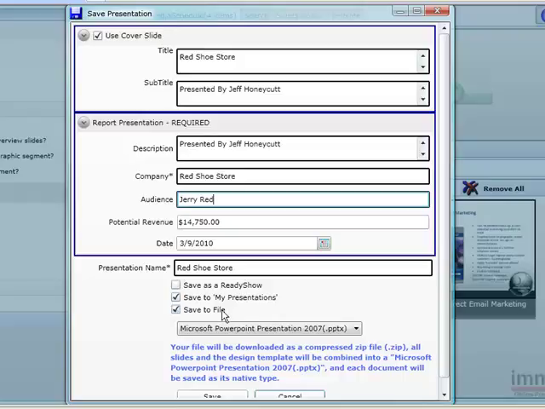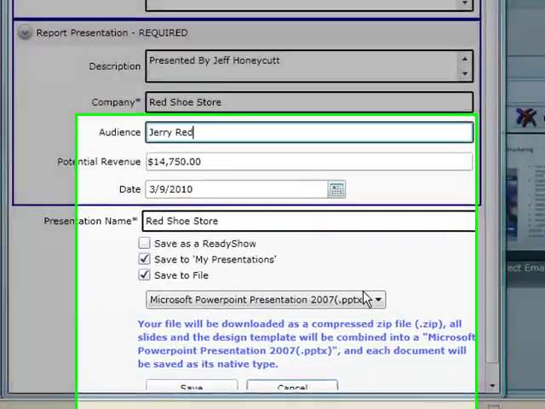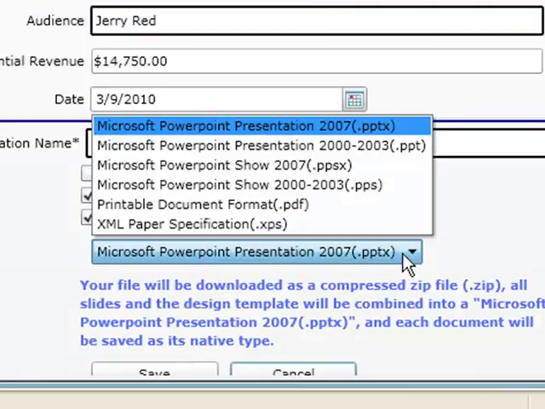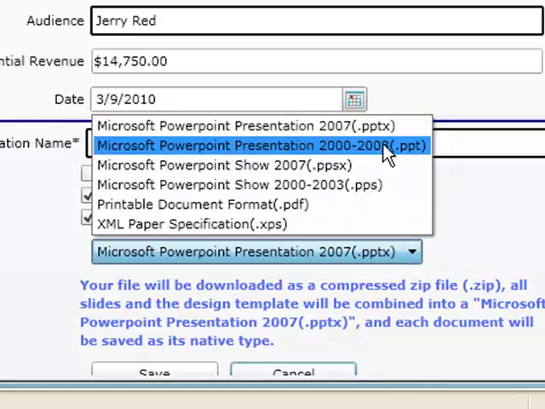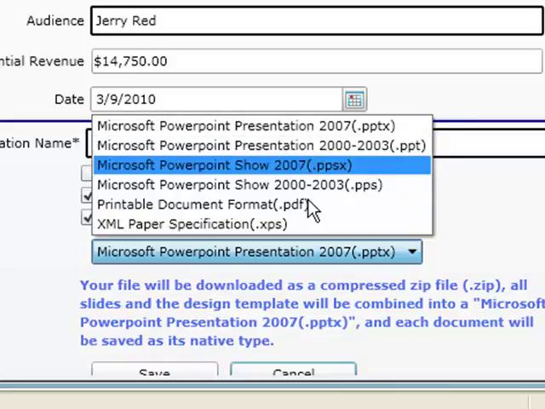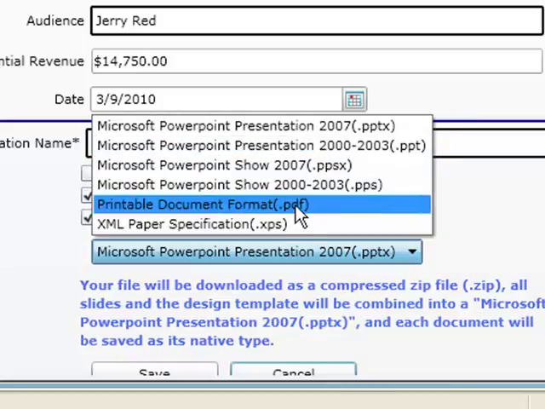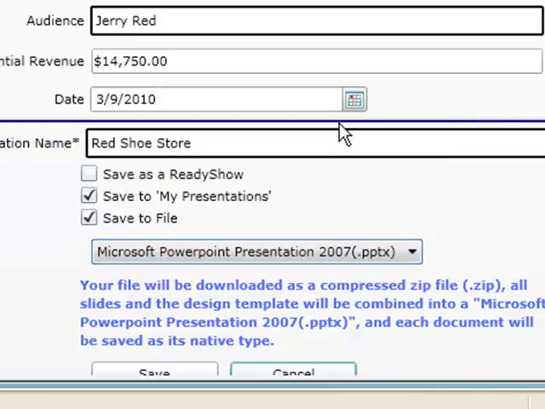Save to File is where I want to save it locally on my computer or some network drive. You will have options depending on what PowerPoint options are available on the local computer. I have 2007. If you just have 2000 to 2003, that will be an option. You also can now save it as a PDF file. So that is a brand new option with the new system. So I'm going to click Save,